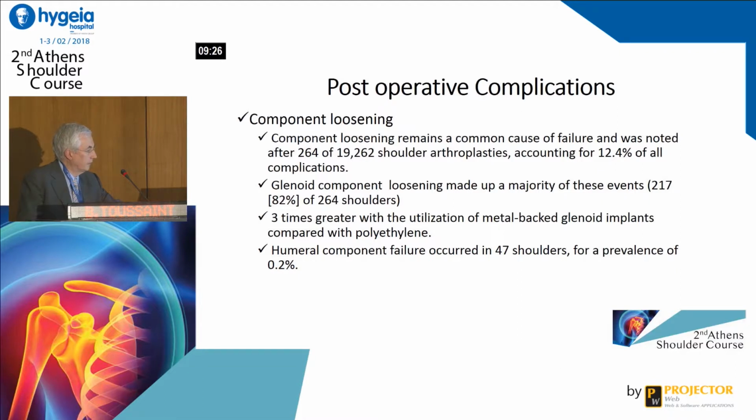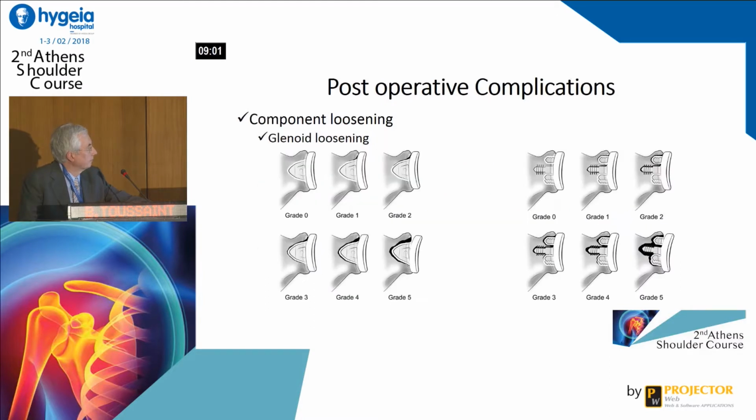But fortunately for us, the metal back is modified with time. It's better and better, and we have fewer problems now, certainly, with that. Humeral component failure occurred in 47 shoulders, for a prevalence of 0.2%. The glenoid loosening is different if you have a keel or pegs as the design of the glenoid, but